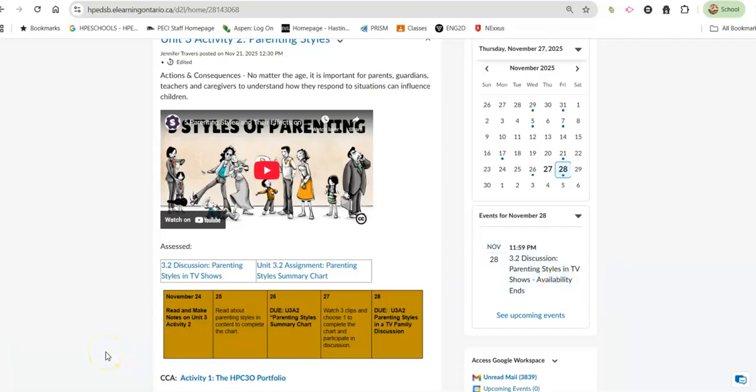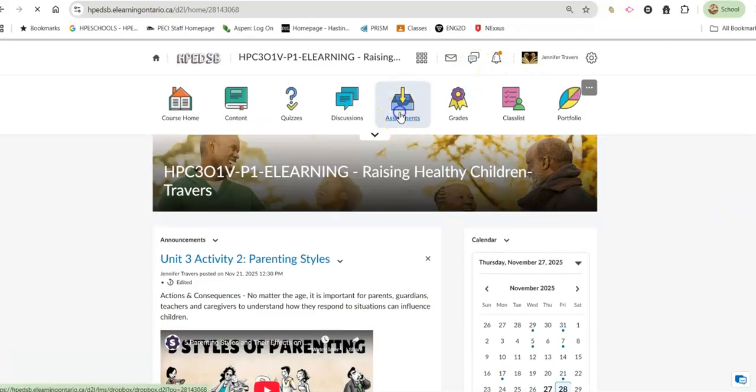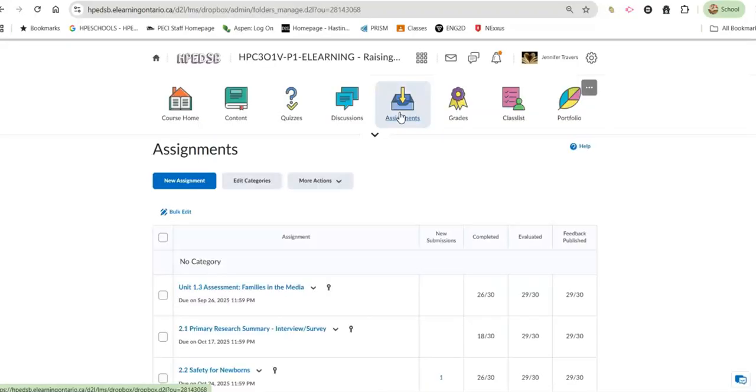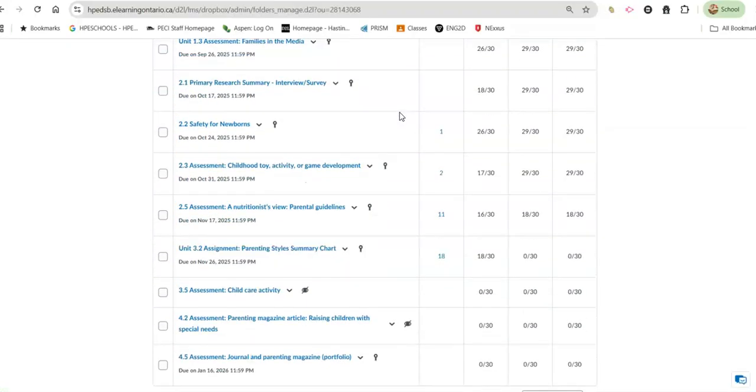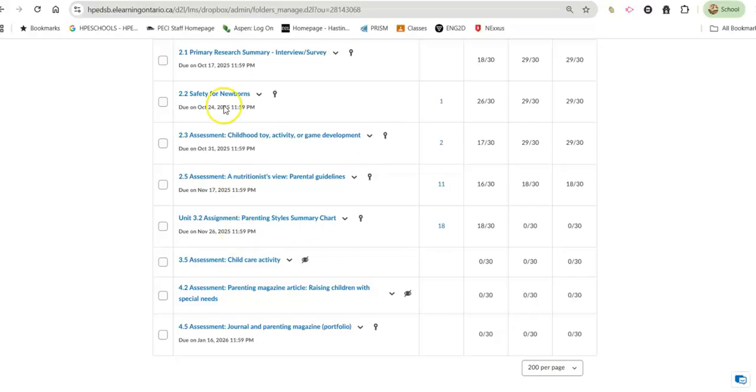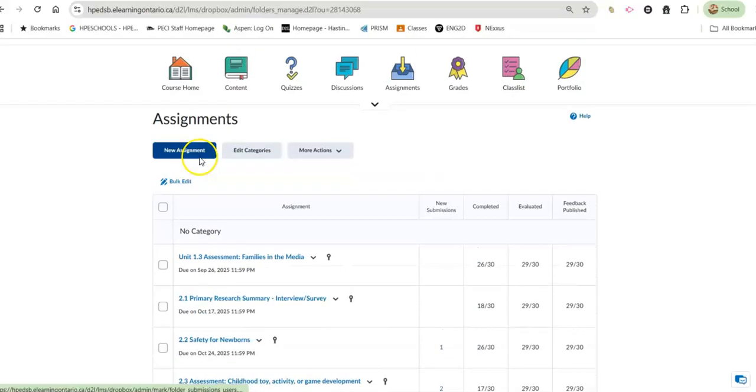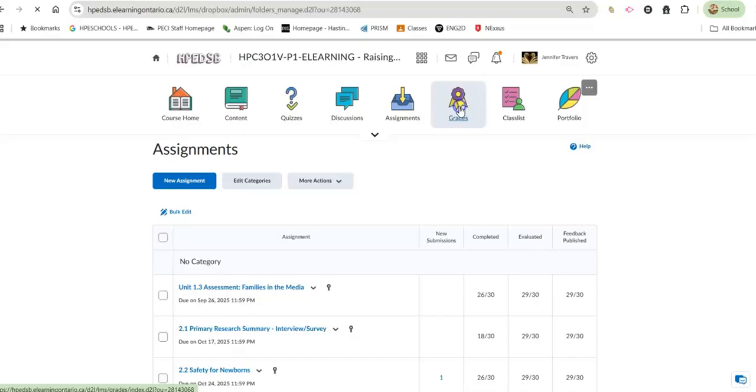So when you log into your course and you come on the main page, this is what's really important, to see all of these things. What content am I reading? What is due this week? And the important part is that if you are logging in and clicking on just assignments, you're going to see that there's not a whole lot of assignments that we actually have worked on so far. But the reason that your grades